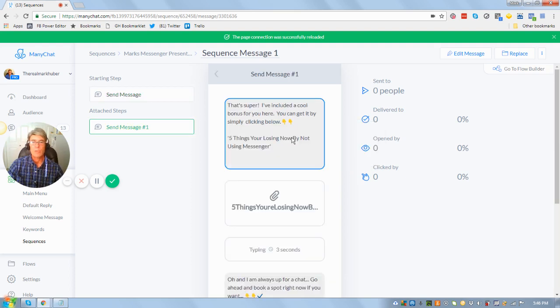The option then is going to the next message in the sequence that then says, that's super, I've included a cool bonus for you here. You can get it by simply clicking down below. 5 things you're losing now by not using Messenger. In this case, I clicked a